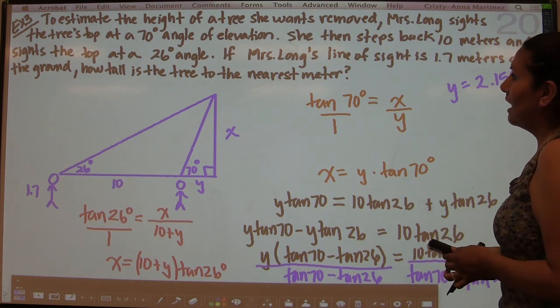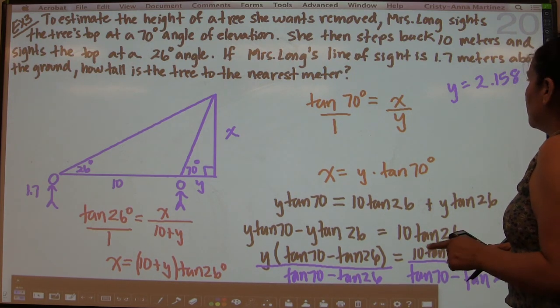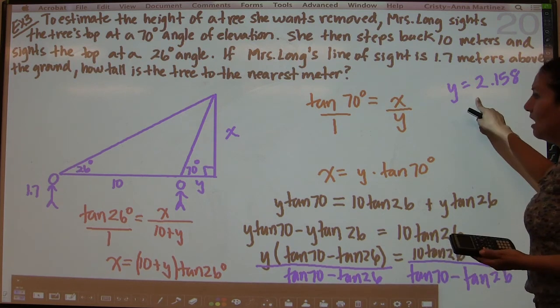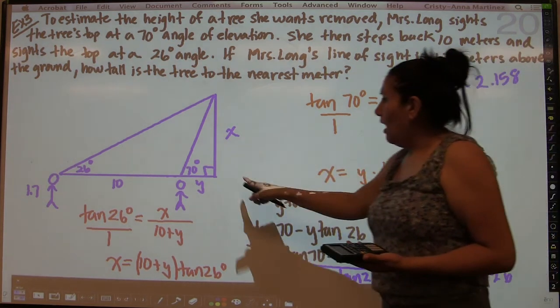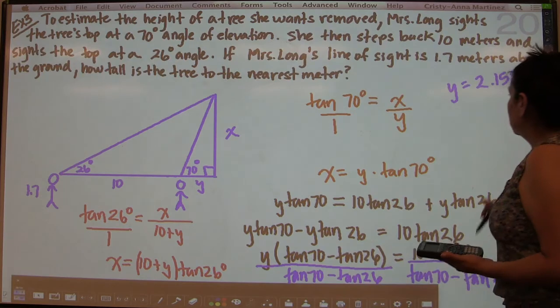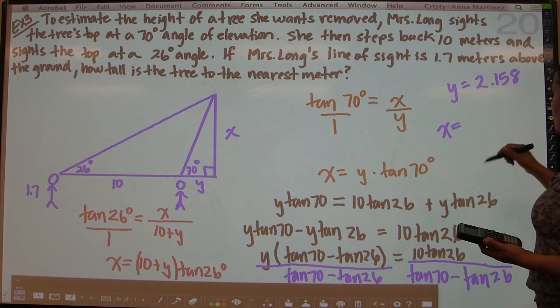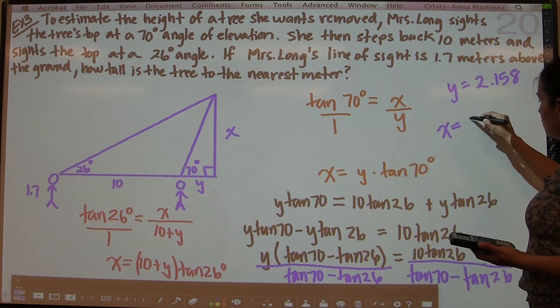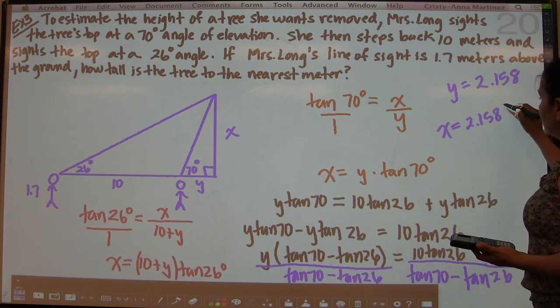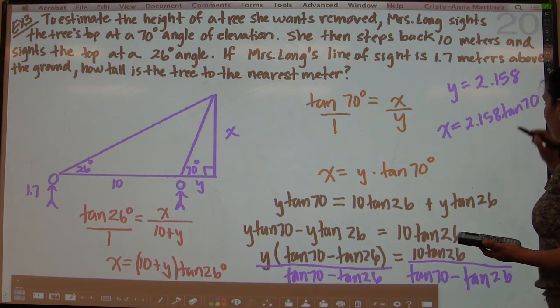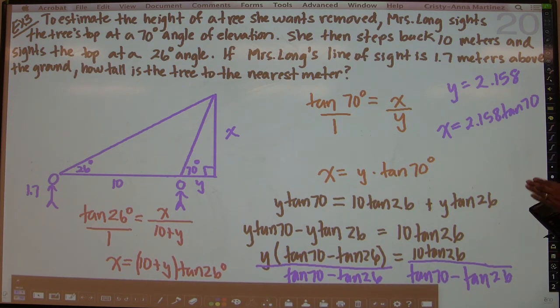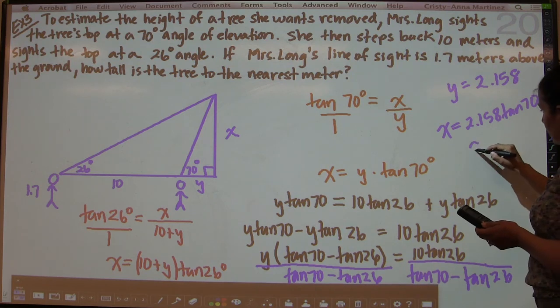But it says how tall is the tree to the nearest meter. Okay, now y is not how tall the tree is. That's the x value. Okay, so the x is going to equal y tangent 70. So it's going to equal 2.158 times tangent 70. So again, to our calculator, I already have the answer from previously, so I'm going to go answer times tangent 70, and I get